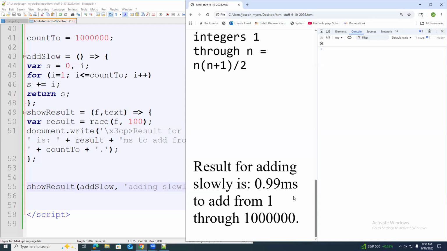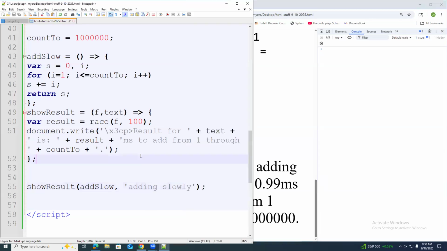So you might think, well, what's the point of doing this? What's the point of even knowing math if the computer can just add the numbers up easily by hand? Well, not really by hand, but that's actually the attitude of a lot of people. In fact, the vast majority of people who write code write a lot of code that is just very inefficient like that. But I want to show you how much faster it could be if we did it another way.